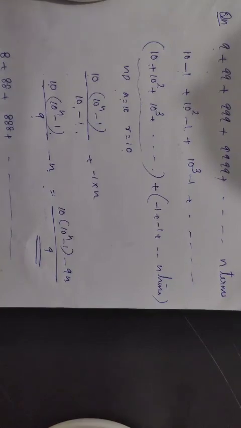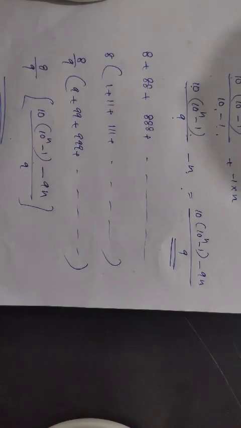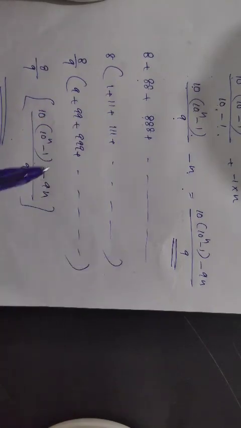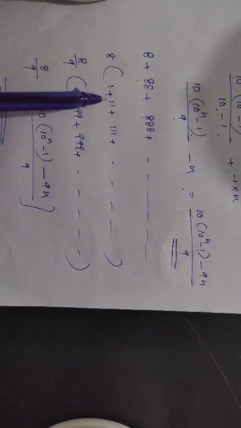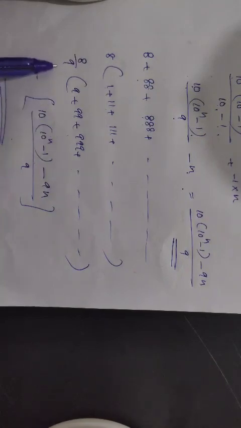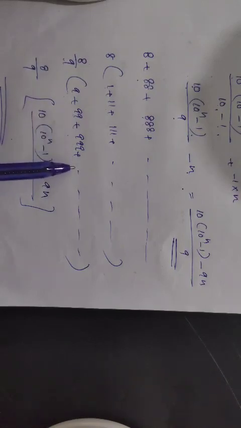And similarly, by using this result, we can do the question 8 plus 88 plus 888, okay, etc. And similarly, we can do any types of these questions, 777 or 666, etc. First, we have to convert this sequence in terms of 9, 99, etc. We can take the common factor 8 outside. Then now the sequence becomes 1, 11, 111, etc. Then multiplying and dividing by 9, otherwise value will change. Okay, multiplying and dividing by 9, the sequence becomes 8 by 9 into (9 plus 99 plus 999, etc.).